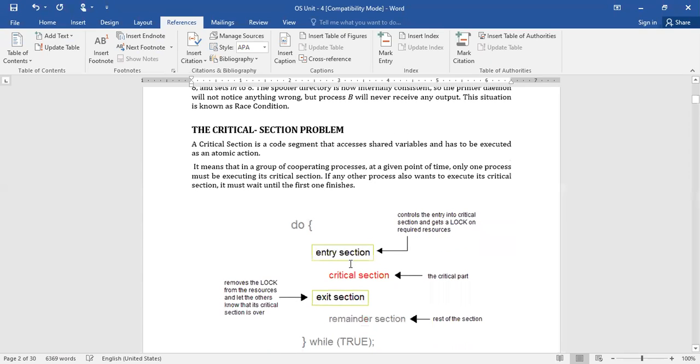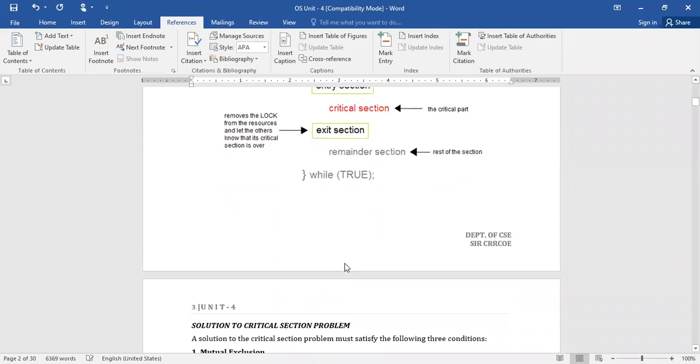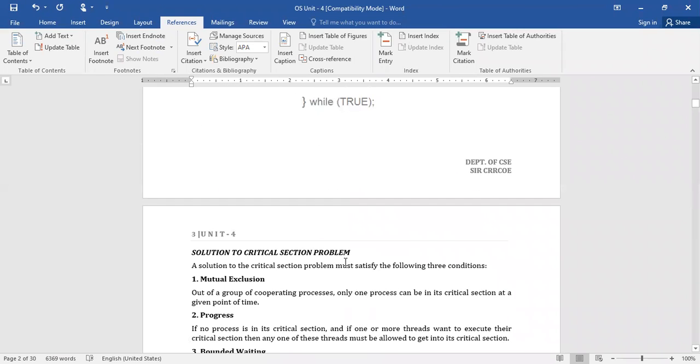So for that, the critical section is a code segment that accesses the shared variables and has to be executed as an atomic section, an independent section. That means, as I told you, at any given point of time, only one process will get a chance to access the shared data. In order to implement this critical section, every solution which we are going to discuss has to